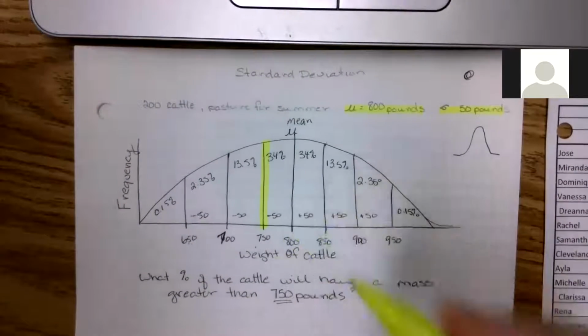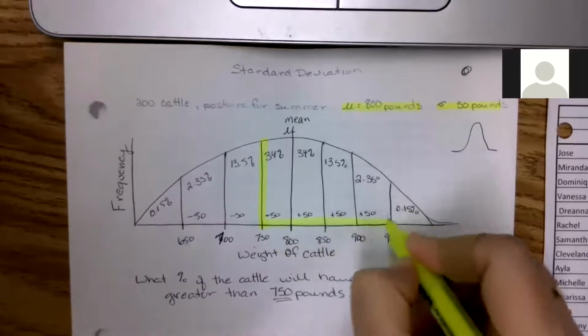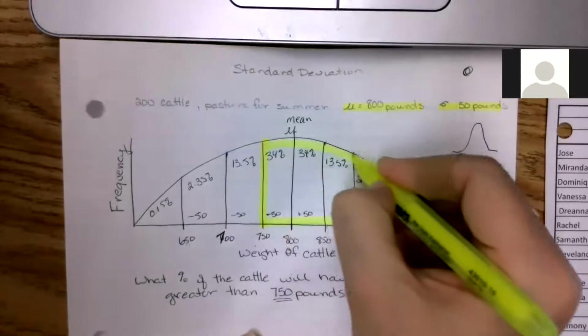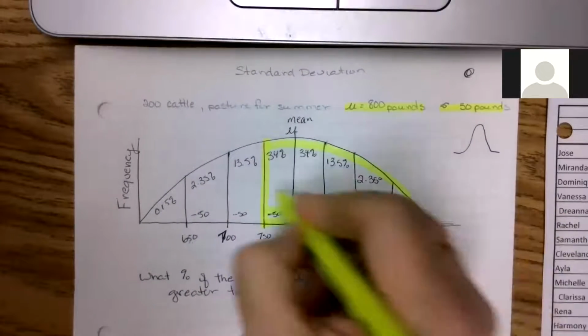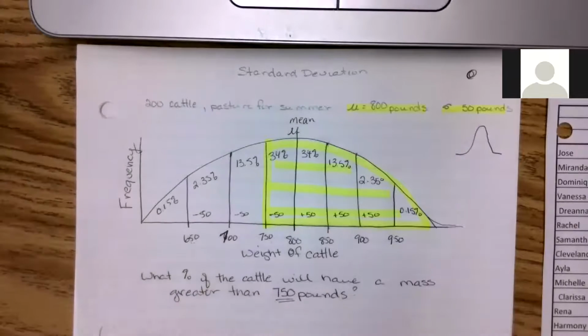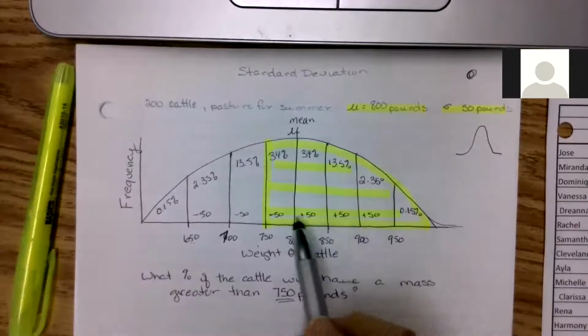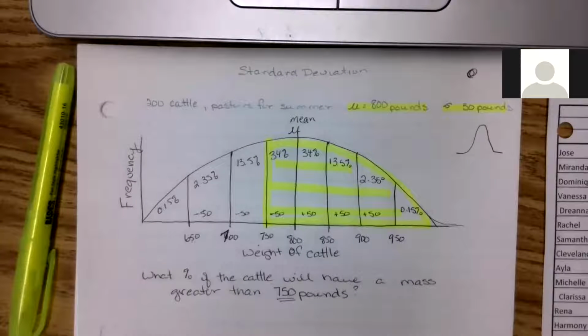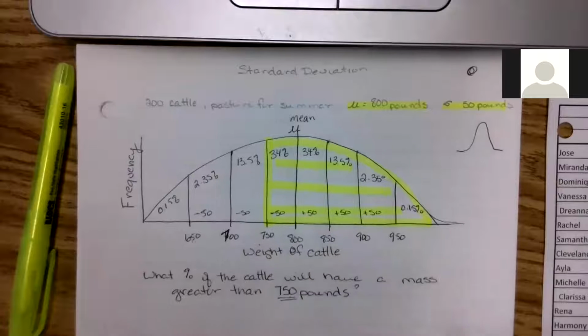That means all the cattle on this side are bigger than 750 pounds. And maybe I've got some kind of a contract and I get some extra money for that. And if I want to know the actual percent,